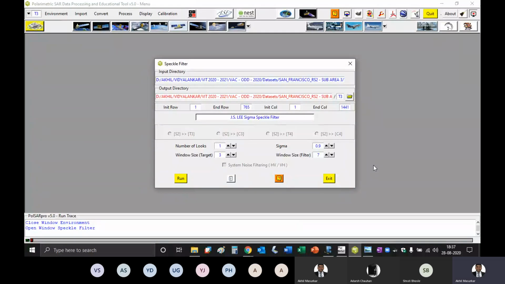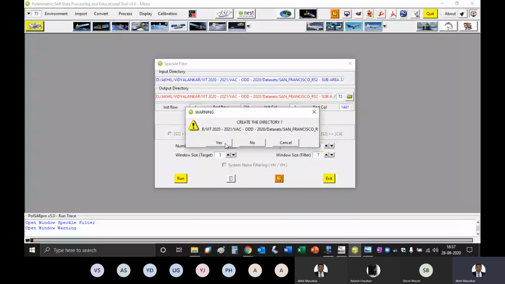The classification result might get affected based on the filtering. So if you set 9, you might get different classification. If you are setting 7, then you will get maybe a slight change in the classification results. So I am just saying 7 and running this.